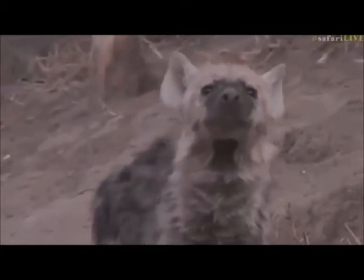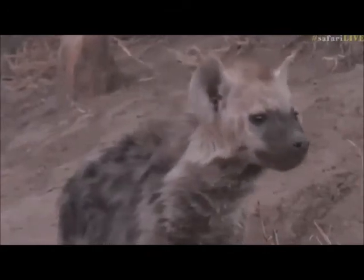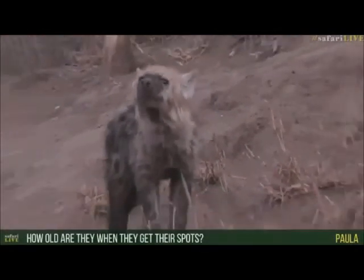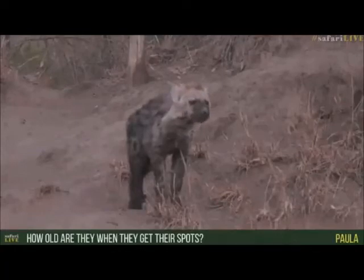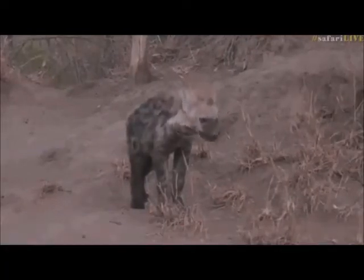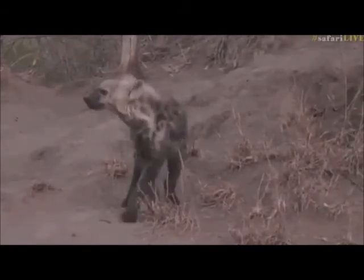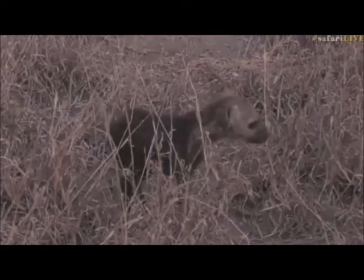Now, Paula, you're wondering how old they are when they get their spots? Well, you can see this little one is getting its spots already, and this little one cannot be more than 3 months old. It's a little bit different for each one. And we saw when Djuma had a sibling that the one was far more spotty than the other to start with. So you'll find that they get their spots at different times, but generally around 3 months we start to see the first spots around the neck area. And by the time it's 6 months, which is Djuma's age, you can see that they're pretty much spotty all over, and that their legs themselves are starting to get spotted and lose that darkness as well. So that little one, you see the little spots on the neck? There we go. Starting. You're quite brave, little one, for such a small...